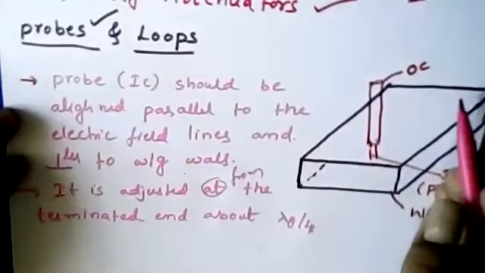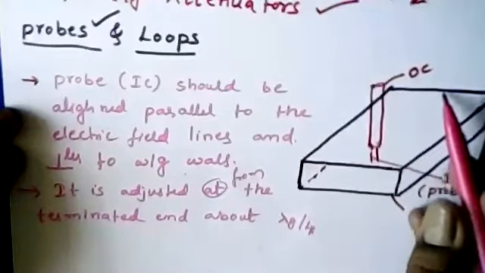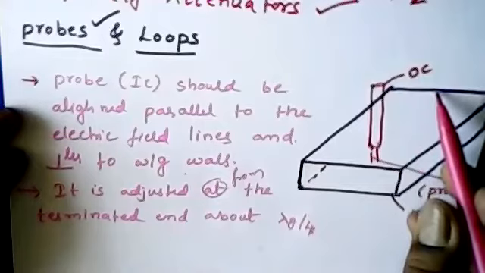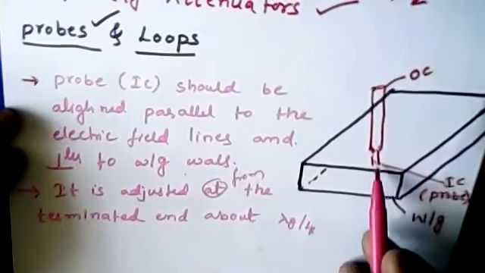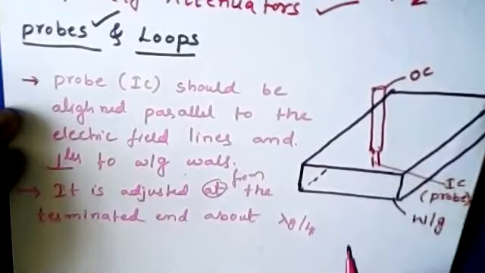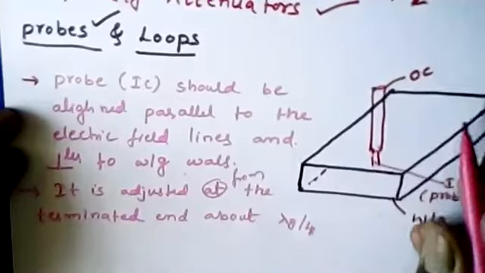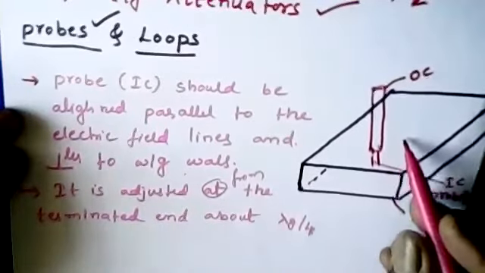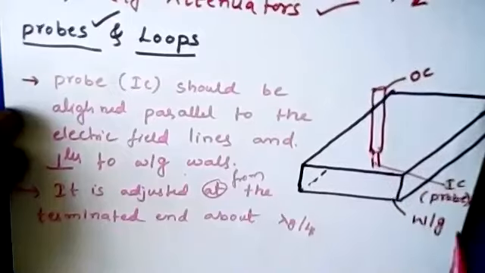So this is the waveguide. Whatever distance we have, it is terminated, and from that the distance of lambda g by 4 is taken. In terms of lambda g by 4, it has to be placed, so that all the signals being excited enter into the required destination. That's how it is taken.